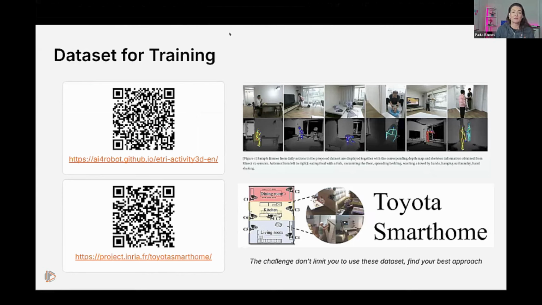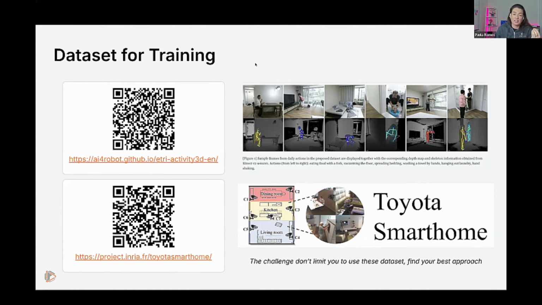I think that this is a question that is all the time around: what kind of data sets are we providing? You can access open access data sets, so you can scan these QR codes. We are just addressing these data sets, but you can also include your own data sets or another kind of data set that you have access to. Participants should use multiple data sets for training.